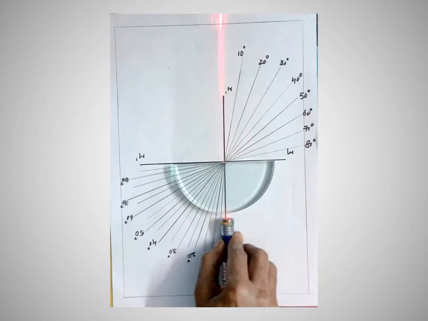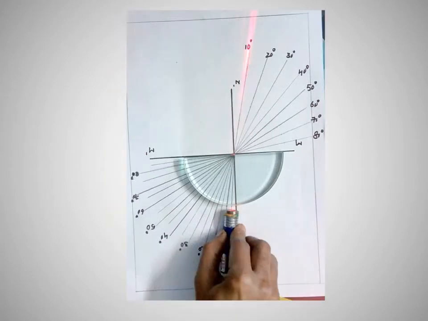Here, our activity aim is to allow the light from denser medium to rarer medium. So, on the curved surface of this glass disc, I am focusing the laser light. So, that is at angle I equal to 0, where you have seen R is also equal to 0. Start focusing at I equal to 5 degrees.